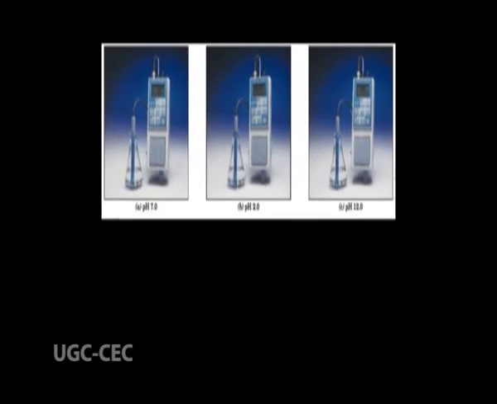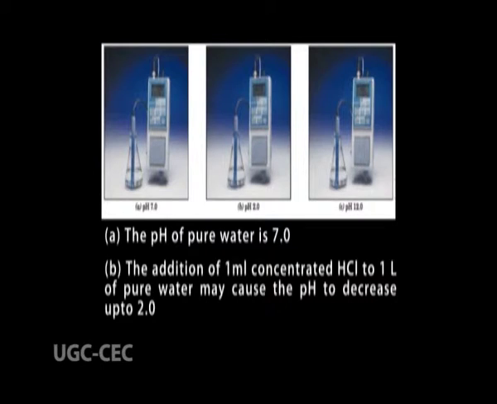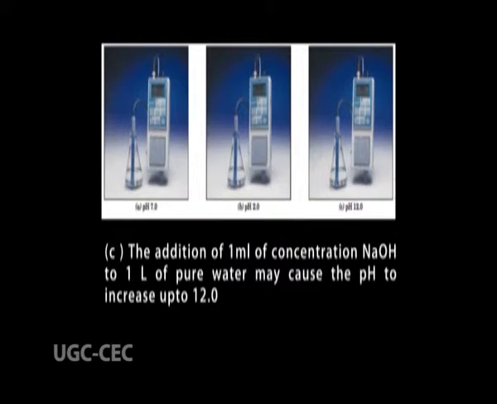Addition of either dilute HCl or NaOH to pure water, for example, causes a dramatic change in pH. This picture shows the addition of hydrochloric acid and sodium hydroxide to pure water. A. The pH of pure water is 7.0. B. The addition of 1 ml of concentrated HCl to 1 liter of pure water may cause the pH to decrease to 2.0. C. The addition of 1 ml of concentrated sodium hydroxide to 1 liter of pure water may cause the pH to